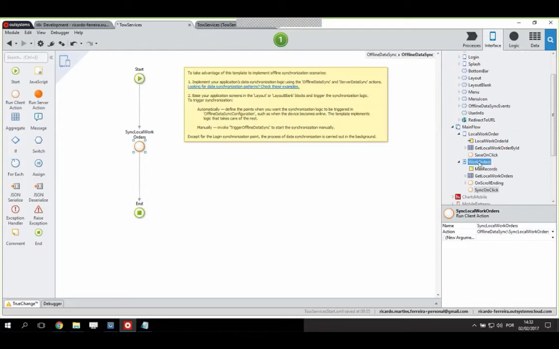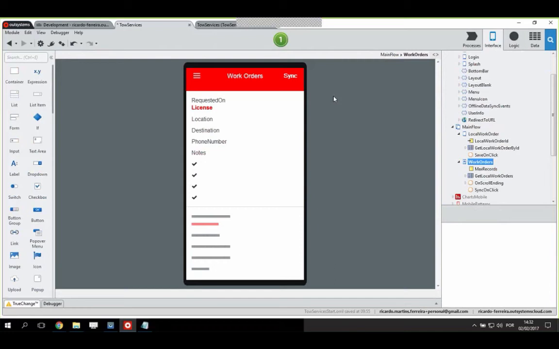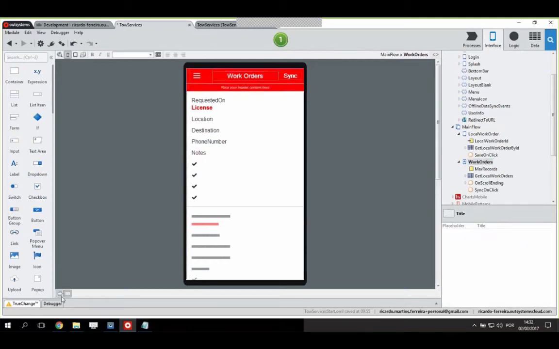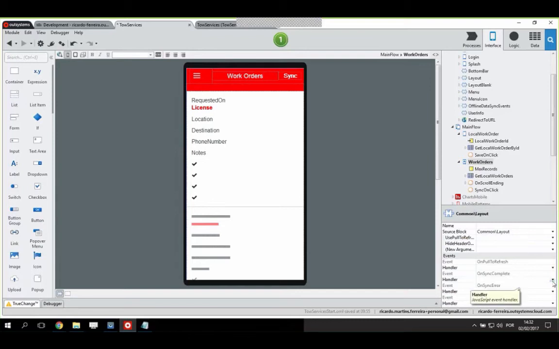Since it will get synchronized in the background, in each screen I have a set of events that are going to be triggered when the synchronization is complete, when the synchronization starts, and when it has an error. What I want to do is, when the users click this button here, I want the synchronization to start. It will start in the background, and when it ends, I want to refresh the data on the screen with the new data that was just